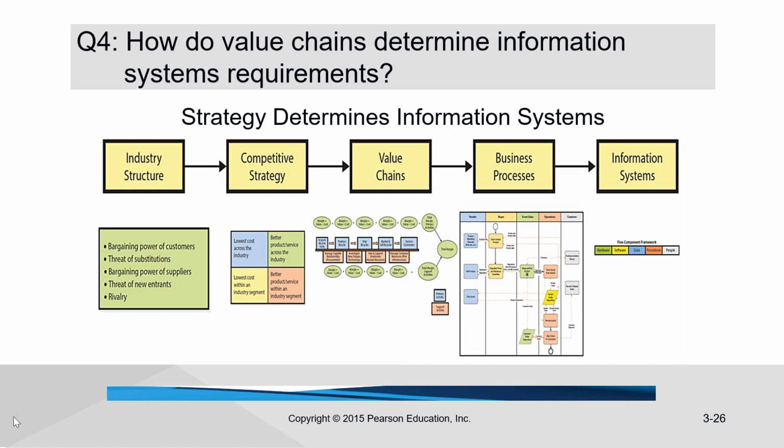The diagram here summarizes a planning process used by many organizations. In question 4, we'll use this diagram to answer how value chains determine information systems requirements. Let's start on the far left with industry structure. Porter's 5 forces determine the structure of an industry. Next, organizations analyze the structure of their industry based on these 5 forces and use that analysis to formulate a